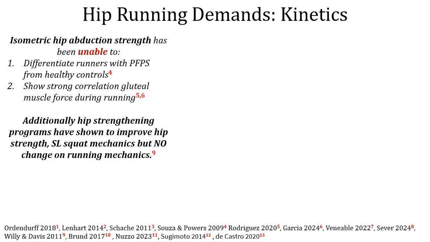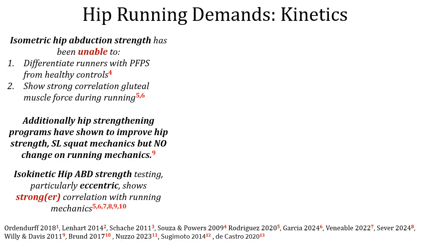And so, because it's been unable to do that, additional hip strengthening programs have been shown to improve hip strength and single leg squat mechanics, but no change in running mechanics. And so what's the deal? We know that this muscle is highly important for single leg stance and for gait. With walking, we would assume, presumably from EMG studies, that it is also highly active during running, but why don't our strength assessments correlate to the gluteal muscle force during running, or differentiate our runners, or, if we actually strengthen them and show meaningful mechanical changes with our other functional tasks, why doesn't it cross over to someone's gait analysis,